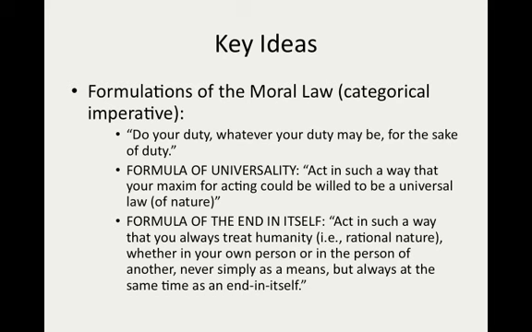Now, what Kant's talking about there is a couple things. First, notice you have obligations to yourself as well as to other people. You can act in such a way that violates your own central nature as a rational being, and that's morally wrong. And you can certainly treat other people that way, and that's morally wrong. And what does it mean to treat somebody never simply as a means, but always as an end in itself?